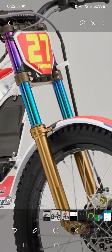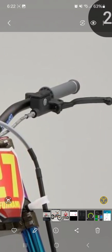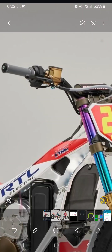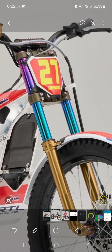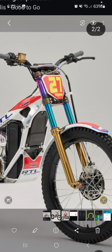Now, of course, we're gonna go up here. You have your clutch, like normal, of course, with your drivetrain. You have your throttle. That looks like a Domino throttle, if I'm not mistaken. So typical to what Electric Motion has as well. Of course, Honda, you gotta rep the Showa forks with that nice rainbow coating. That looks awesome. Brake tech